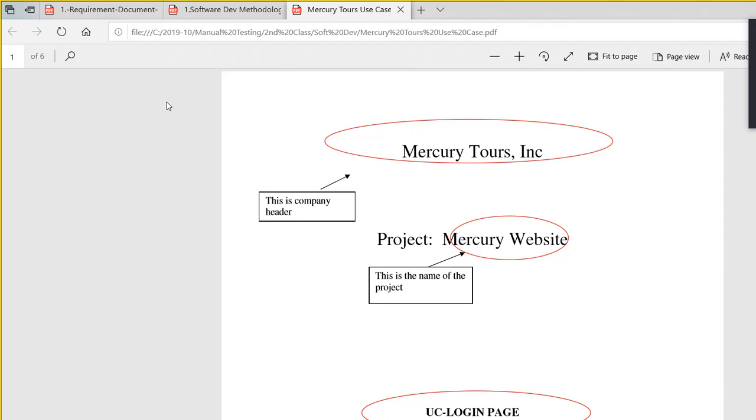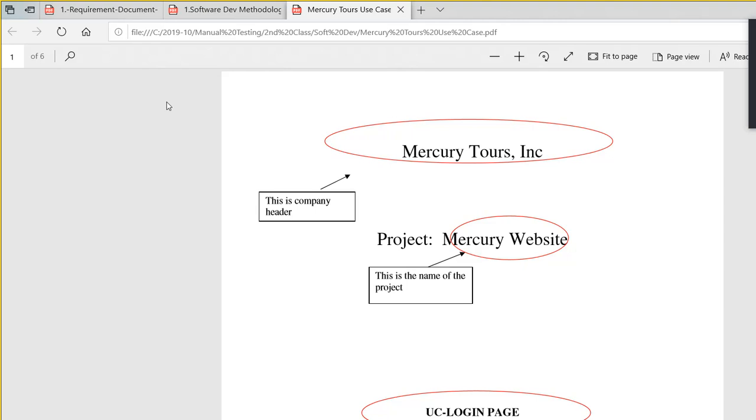Now remember this word, use cases. In the interview, a lot of people might be asking you, okay, what do you know about use cases? So again, use cases are documents that are prepared by business analysts, and a use case basically is a pictorial view of the requirements to explain the requirement a little bit in graphical format, right? If you want to define what is a use case, use cases are